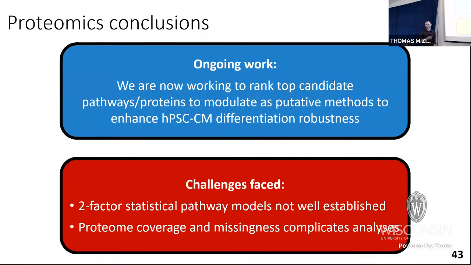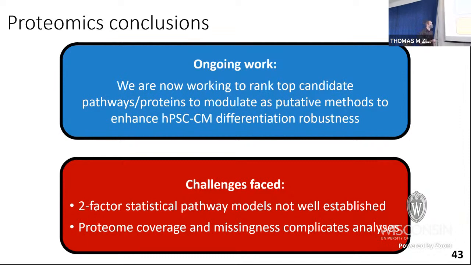So overall, the conclusions on the proteomics side of things, and I'll go quickly through the other stuff. I go most in depth on the proteomics. That's where most of our analysis has been focused so far. We're currently working to try to rank these top candidates. Obviously, I've shown you maybe 100 or so odd proteins here of our data set of thousands. But we need to further winnow these down to get a key set of proteins to start doing further investigations to confirm if these are conserved across multiple differentiation batches.